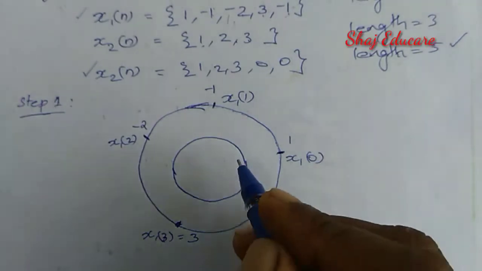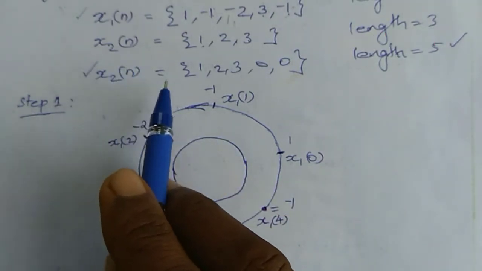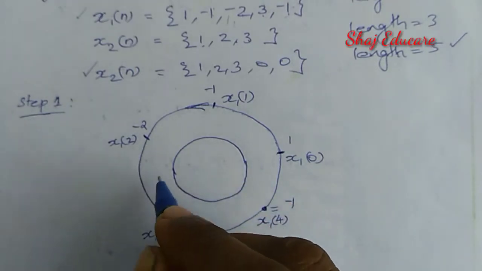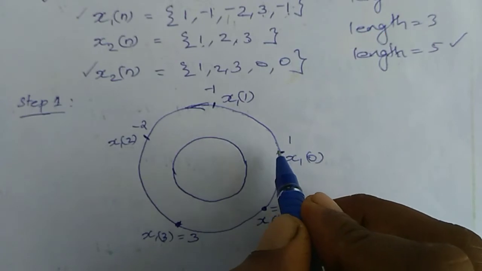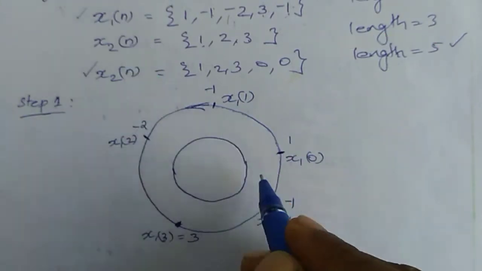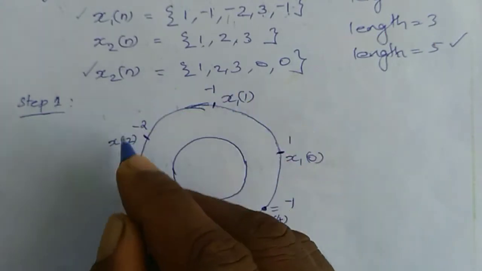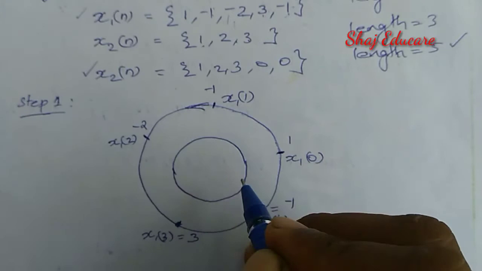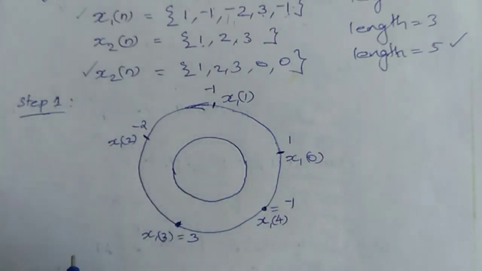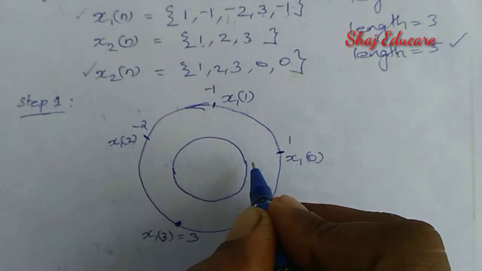Please note that now we are going to mark all points of x2 of n in clockwise direction. In the first case, x1 of n was written in anti-clockwise direction. Now we draw an inner circle, and I'm going to put the values of x2 of n in clockwise direction,